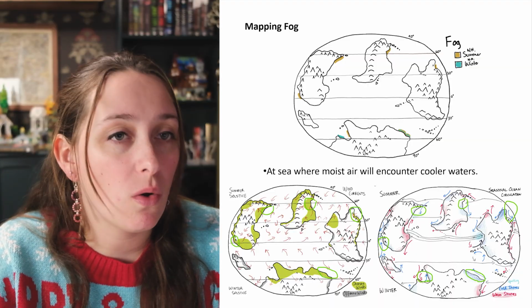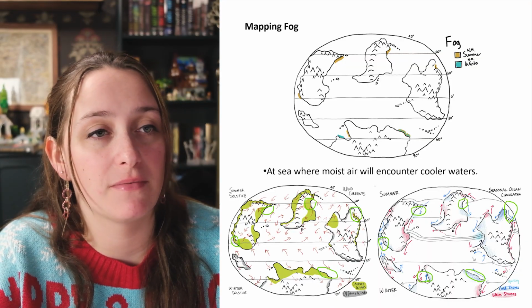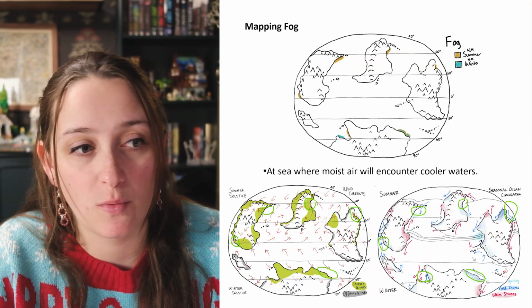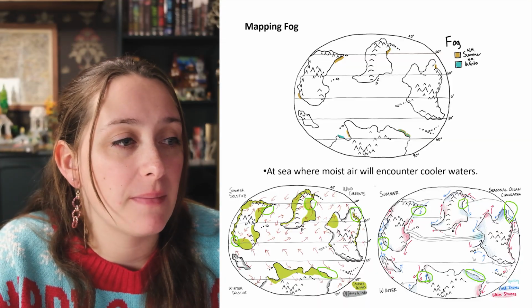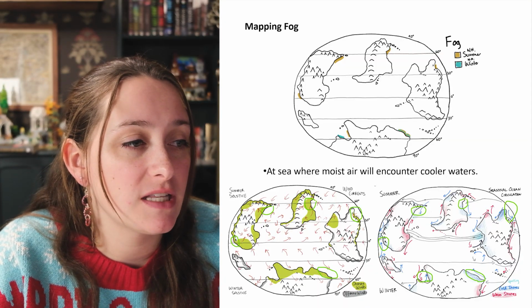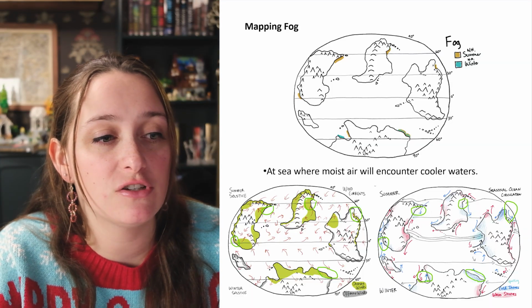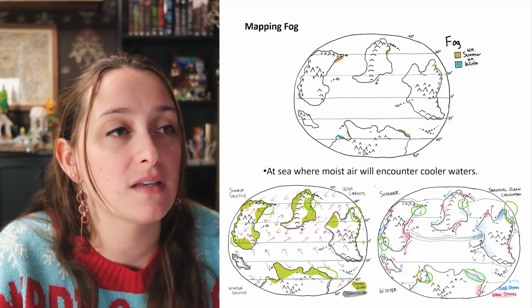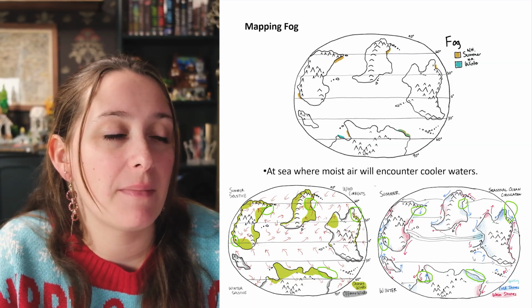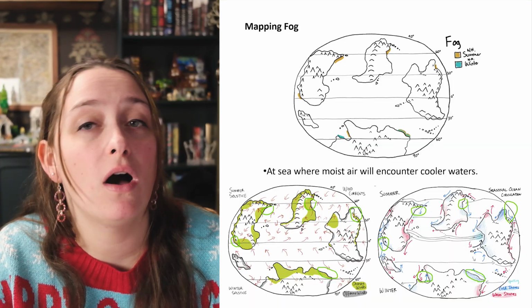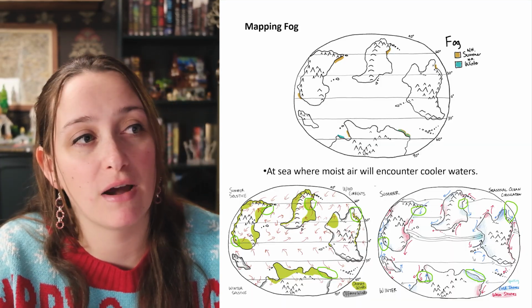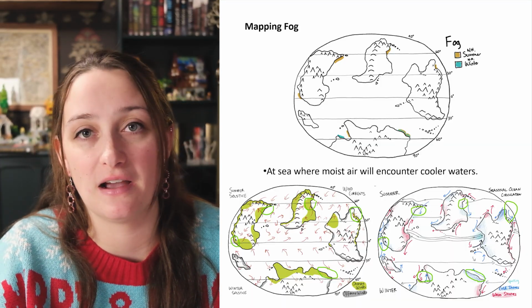For areas with cold shores and onshore winds coming from the equatorial direction, aka warmer winds, you can see on these maps I circled the areas on the wind currents map where you're going to see these onshore winds, and the seasonal ocean circulation maps where you have these cold shores. And you can see on the map how I colored in those regions offshore, not on the shore, but right offshore along these areas.